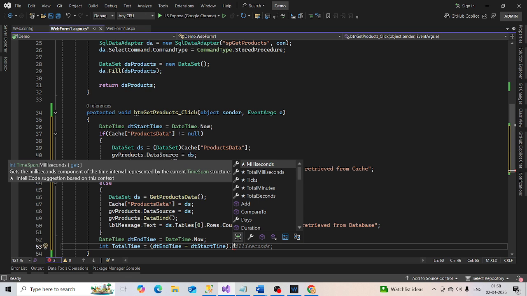So dt end time minus dt start time, and then we have a property called